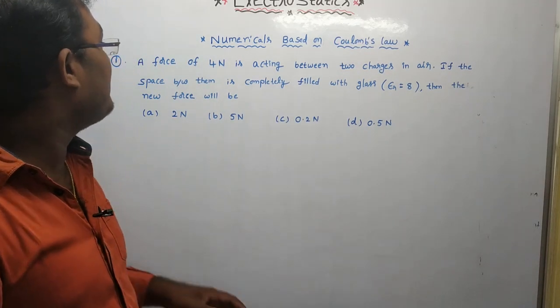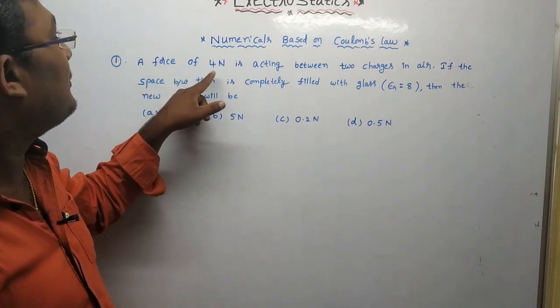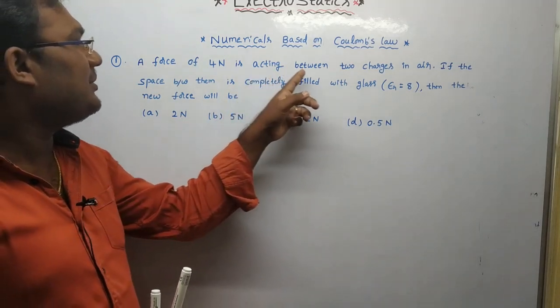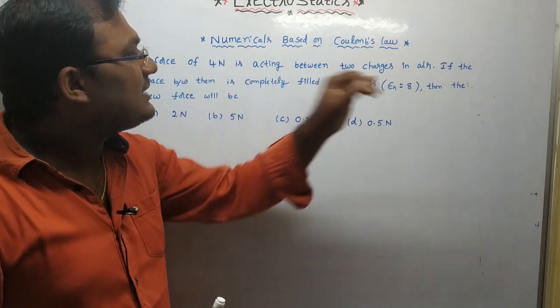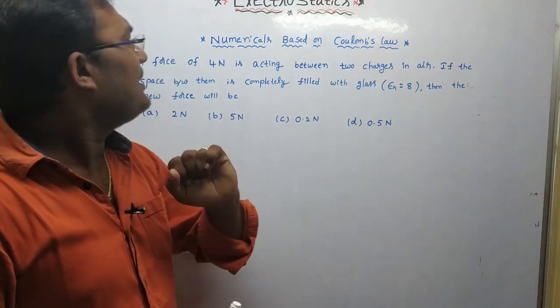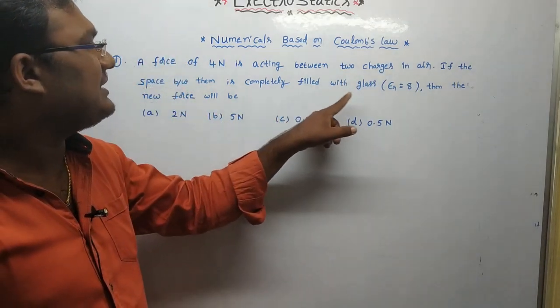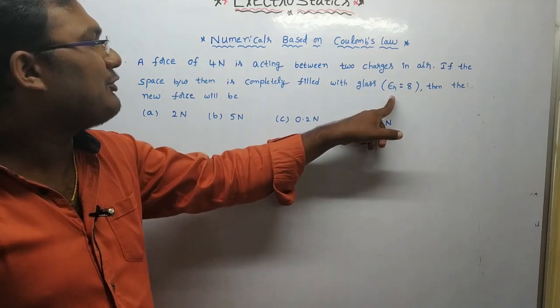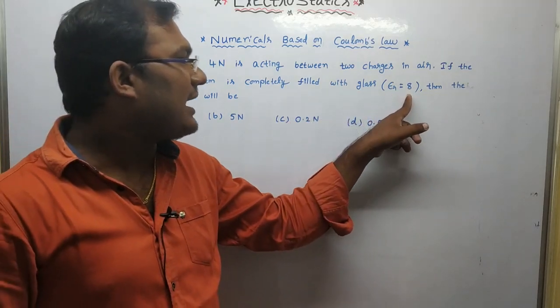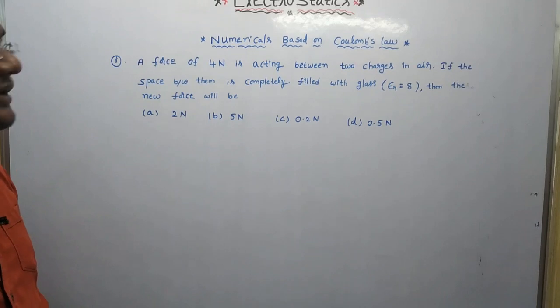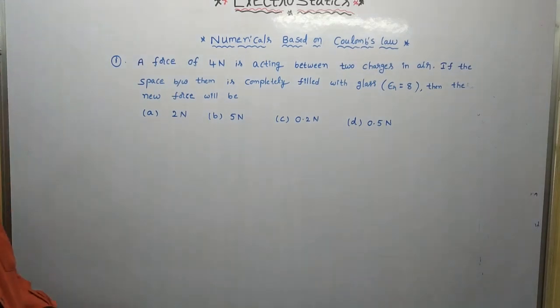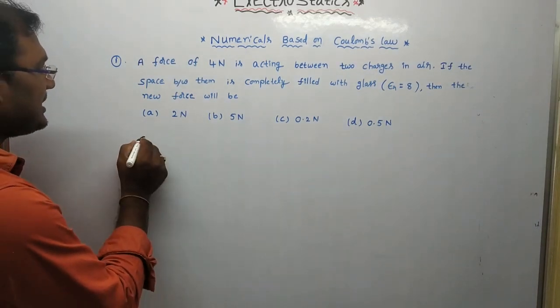Here the first problem is: the force of 4 newtons is acting between two charges in air. If the space between them is completely filled with glass of relative permittivity equal to 8, then the new force will be? This is a simple problem. The solution is